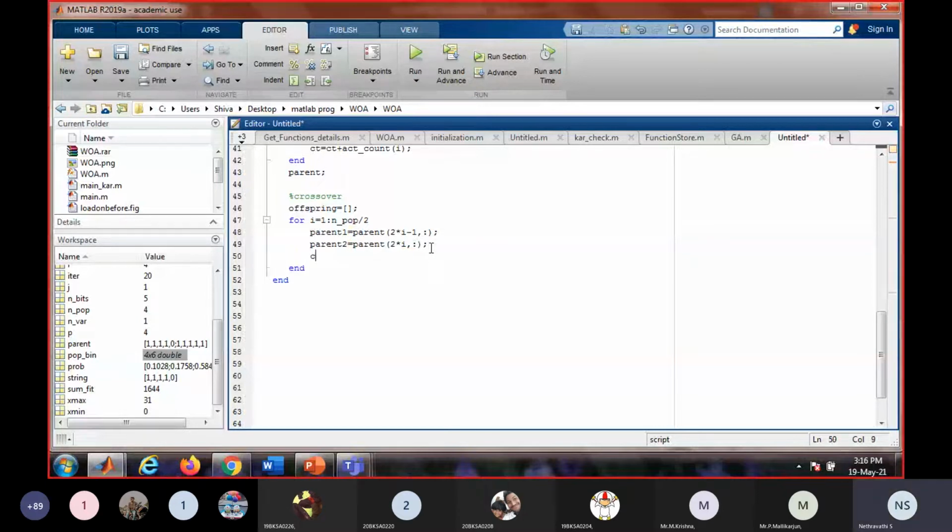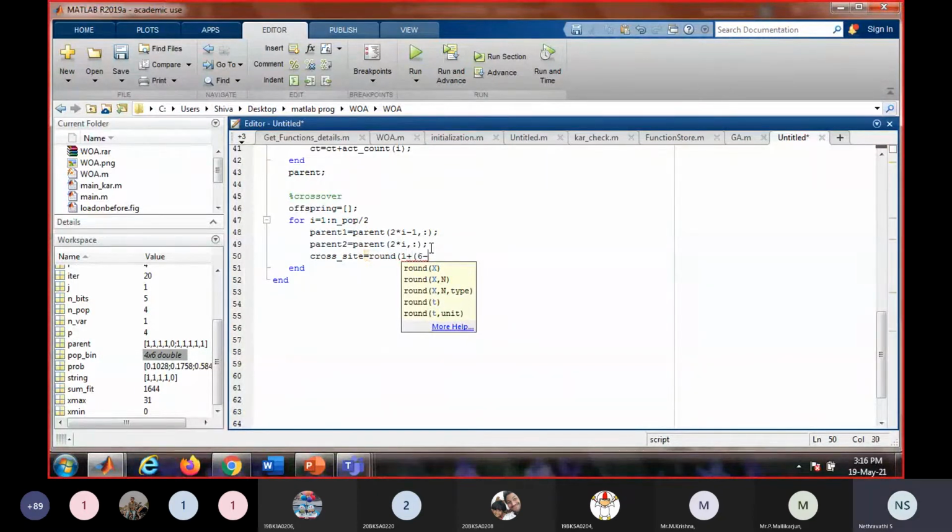And what we have to do? We have to do crossover. For crossover, we are generating a crossover point randomly. Okay. How many bits we have? We have 5 bits.